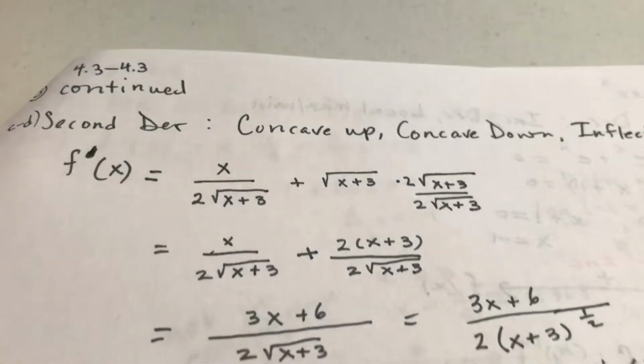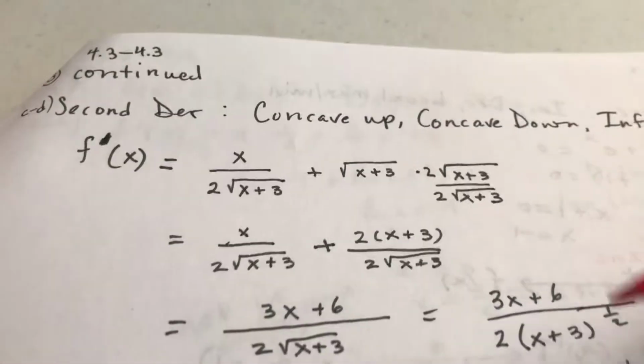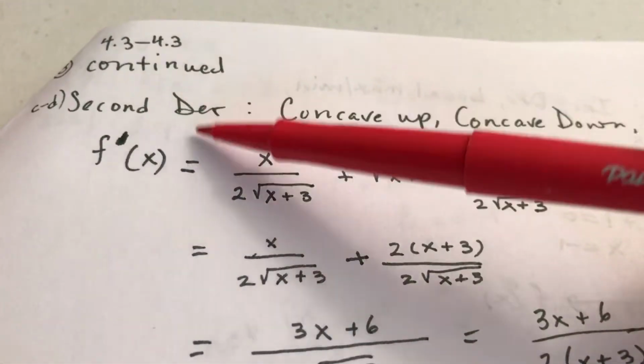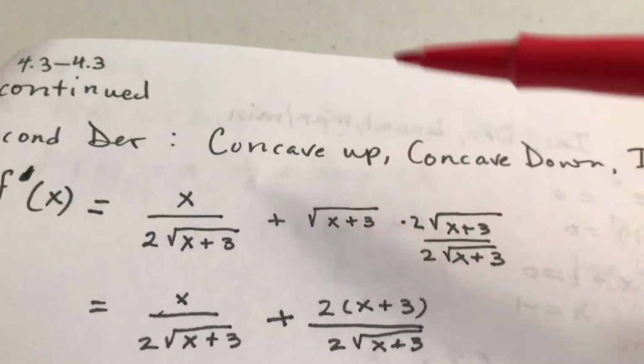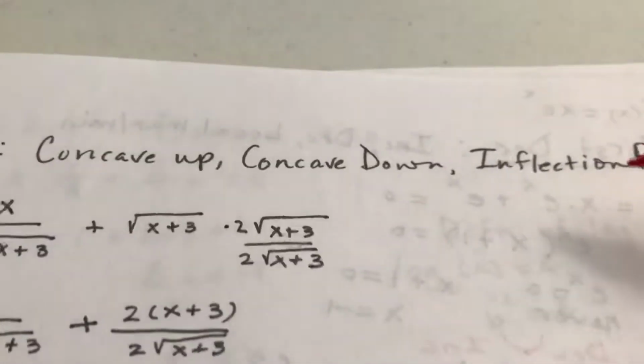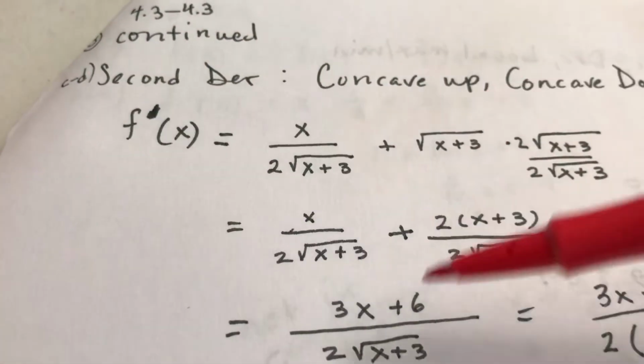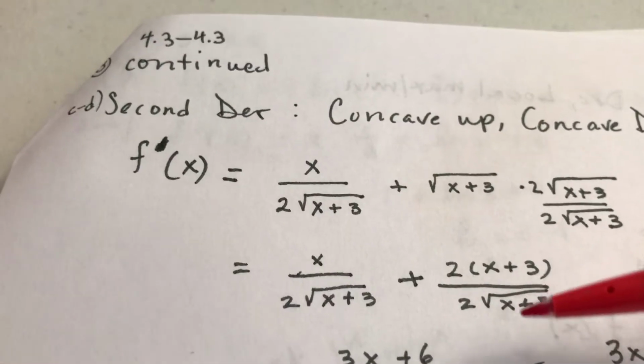Hello students, I am doing the second part of this problem, which is actually C and D, which is using the second derivative to analyze the concavity, concave up, concave down, and inflection point. So I have to take the derivative of the derivative, and